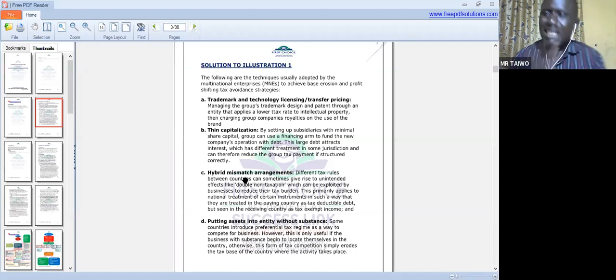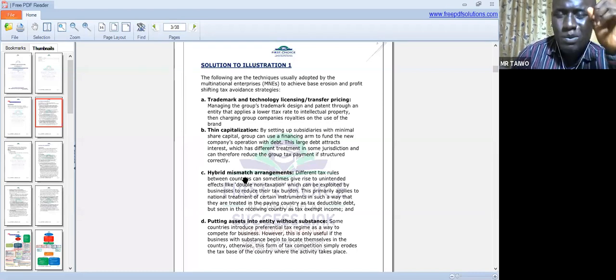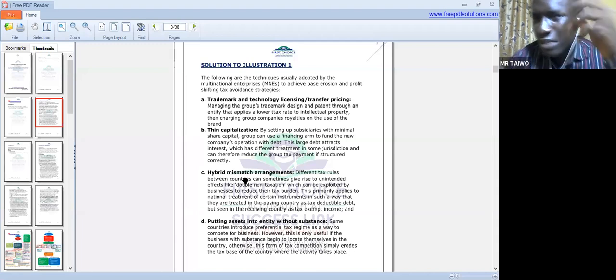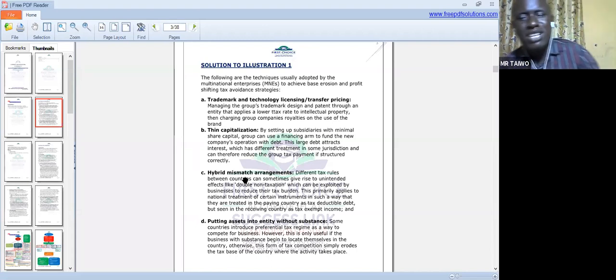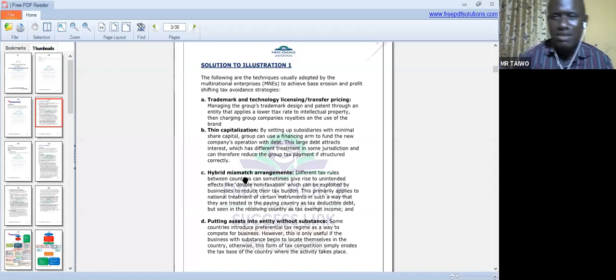Now, that interest element: they will assume that the debt is supplied from Zimbabwe and South Africa to Nigeria. And they know that in Nigeria, if they are paying interest on the debt, that interest reduces the tax liability in Nigeria. That's one. Two, if the interest gets to South Africa, it will also be tax exempt in South Africa. Listen, they will have studied these tax laws of South Africa, and realize that